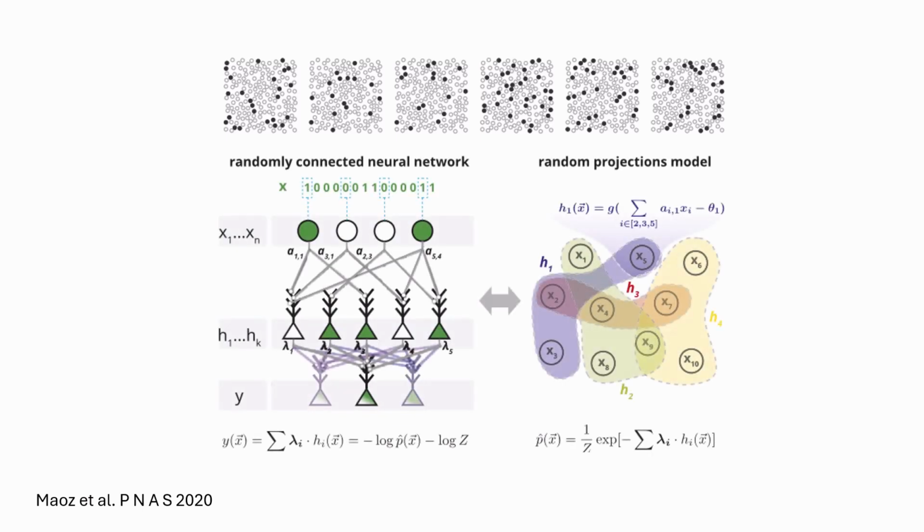Really what we're trying to do here is extract a signal from the noise, right? These populations of neurons are active. So we want to say, okay, this neuronal ensemble is active and it's representing the frequency spectrum of the bird call that's happening. We can use a randomly connected neural network with a random projections model, and this gives us a uniform random distribution. Really what we want to know is what's the uniqueness of that neuronal ensemble? What's the complexity? What's the information that's being encoded by these active and non-active neurons?